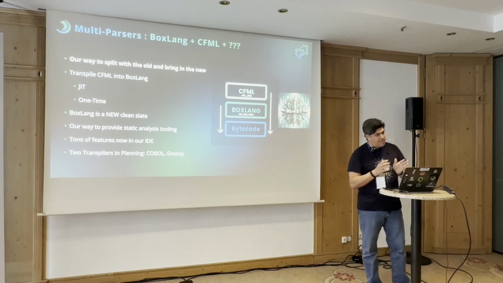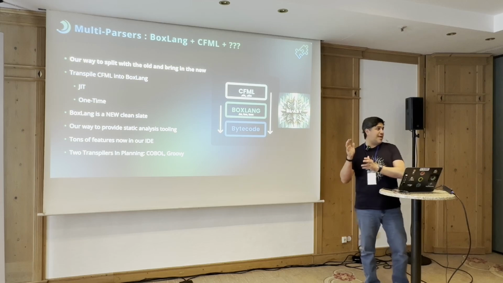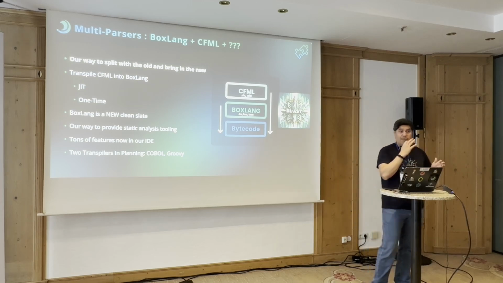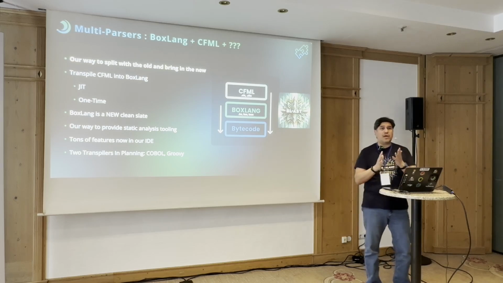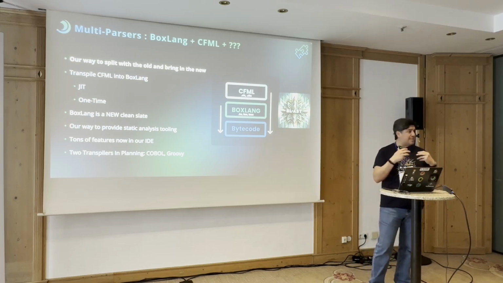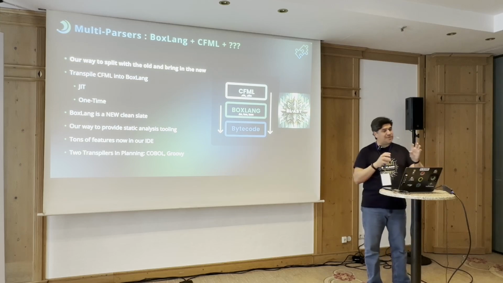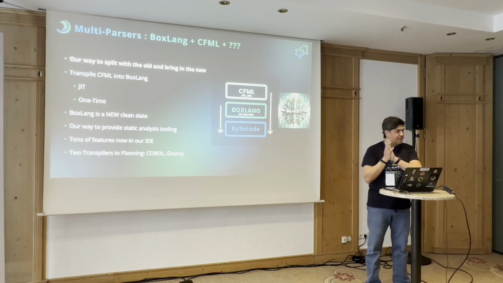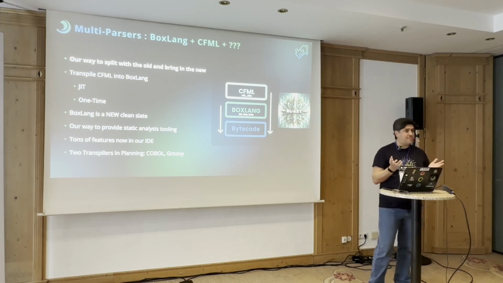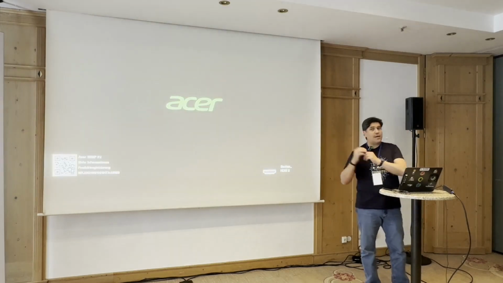So if you wanted to start building new things in BoxLang, you can, and then leave the rest in CFML, you can. You have two options. You can transpile that CFML just in time. That means that it will run in the runtime, it'll convert your CFML, transpile it to our BLAST, and then it executes in the runtime. Or you can use our transpiler, right? And that's kind of a one-way